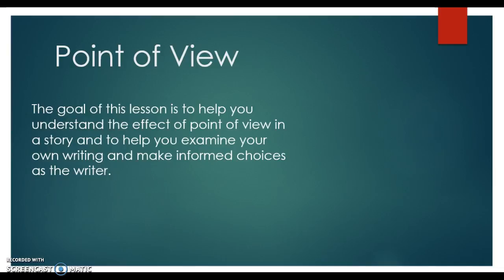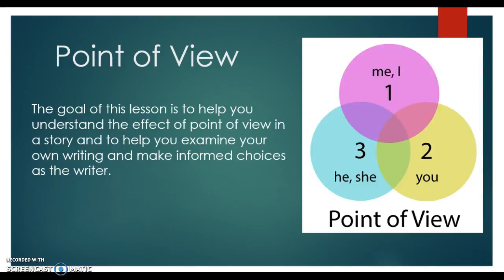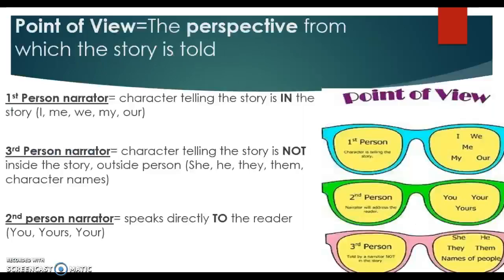So choosing the point of view, of which there are three main types that we talk about, is an intentional choice that a writer makes when they are crafting a story. So the point of today's lesson is to help you figure out how you can stay consistent once you choose a point of view, but also to choose a point of view that you feel confident with, that makes sense for your story that you are trying to tell.